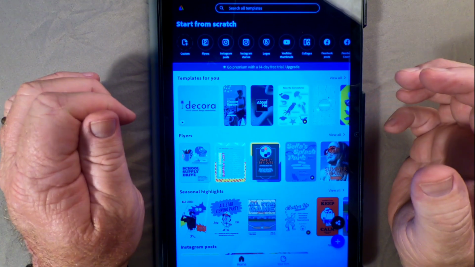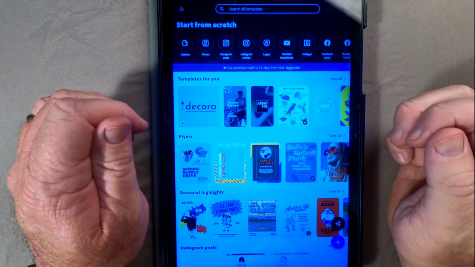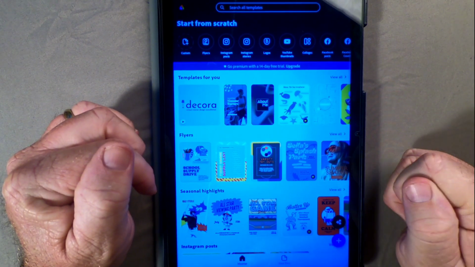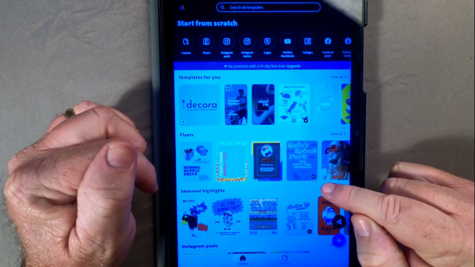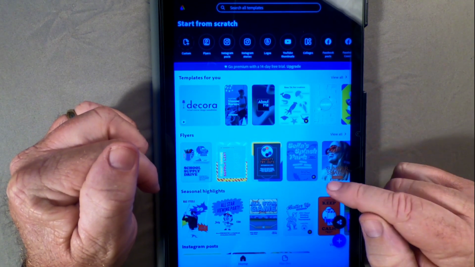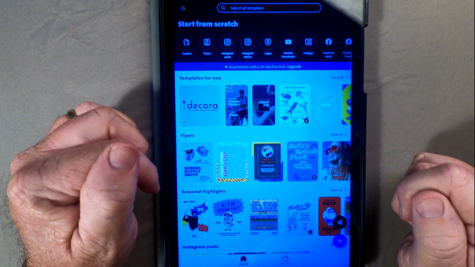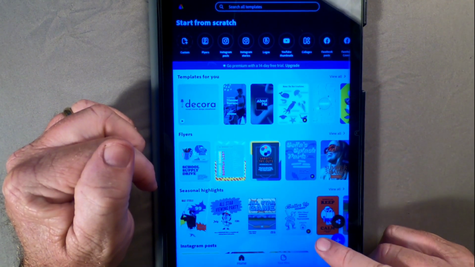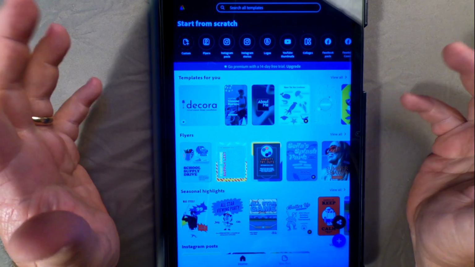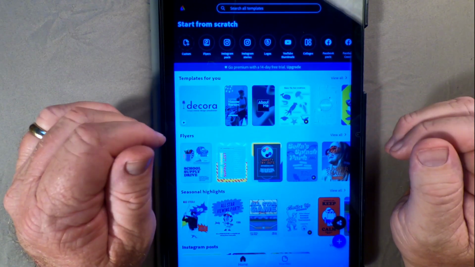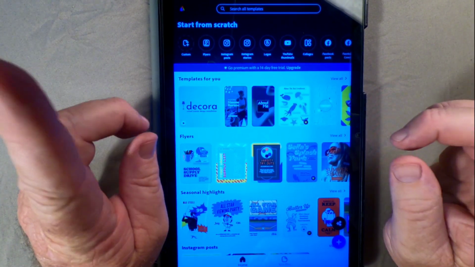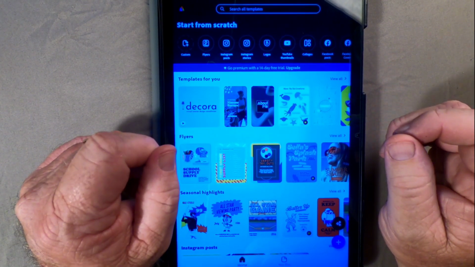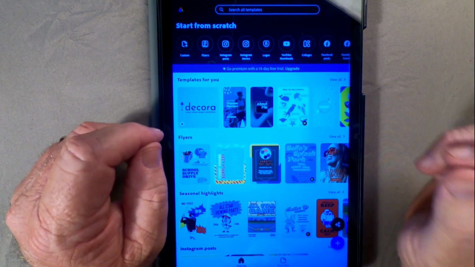Now, one of the things that I do want to show you that's kind of important is in all these pictures that you see down here, you notice this one right here. If you're looking at the bottom corner, you see that little thing that kind of looks like a crown, a king's crown, queen's crown, whatever. When you see that little symbol, that's for the pro version. That's for the paid version. That's stuff that we really can't use. But there is a ton of things in this app that we can use to make some great YouTube thumbnails,